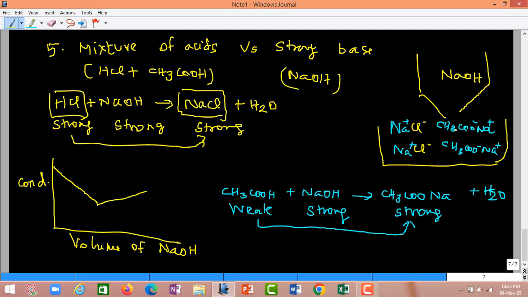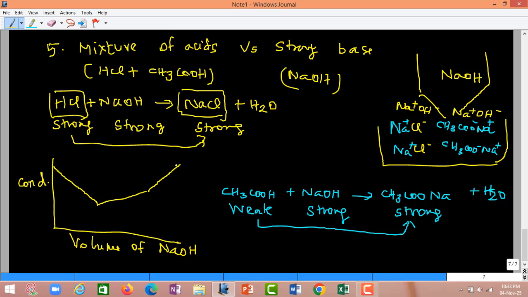All the acetic acid has already reacted and the endpoint is reached, and if you add more sodium hydroxide, which is a strong electrolyte, it will remain unreacted, and so there will be an increase in the number of ions and conductance will increase further, but